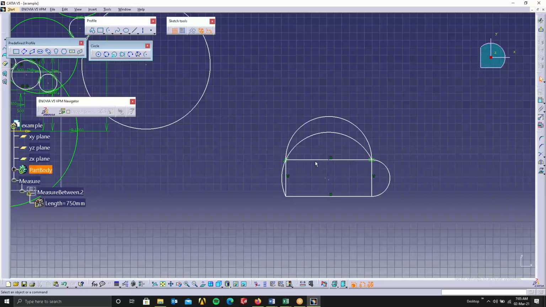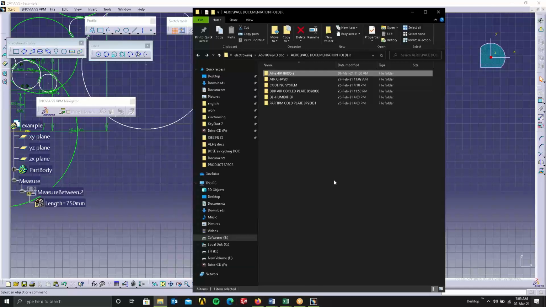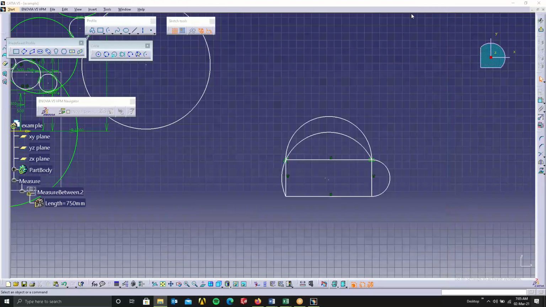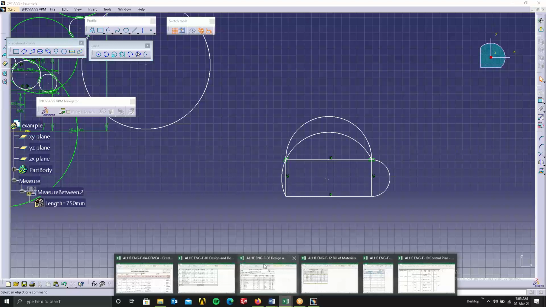Yes. So we'll do one example. This. So it's all AS documentation. You can see in AS company we have a lot of things. We have control plan. We have requirement compliance matrix. We have bill of materials. We have design development review. We have design development plan. We have